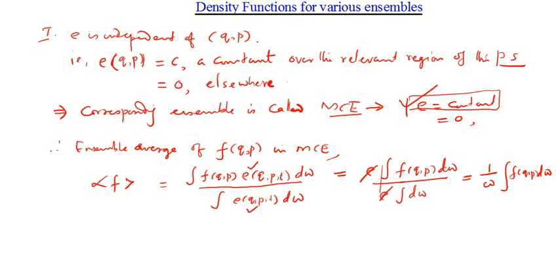So we have seen that a way in which the Poisson bracket of rho with h can vanish when the system is already in equilibrium is rho is independent of q and p. So let's see in what other way the Poisson bracket of rho with h can vanish. Okay, so the second condition,